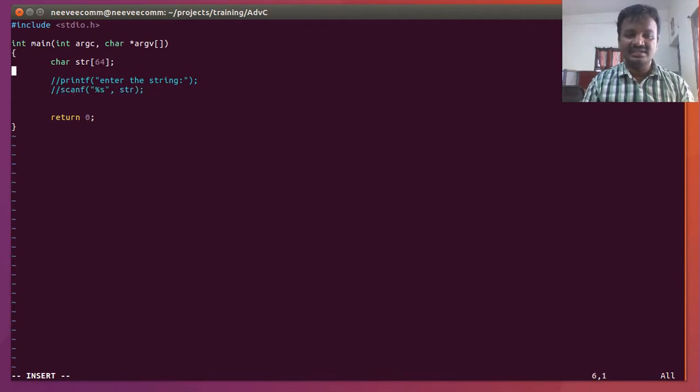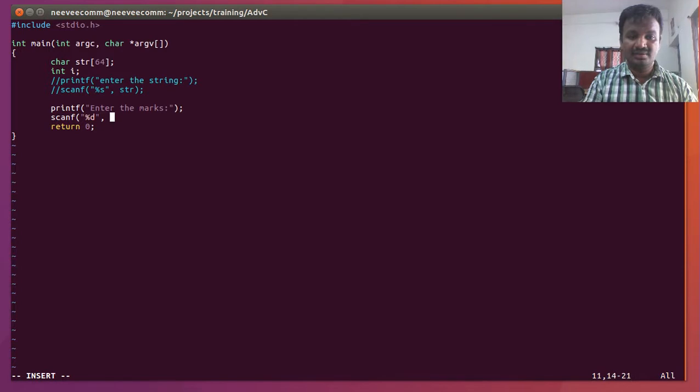Maybe I am going to have a string here and an integer i, and then printf "Enter the mark", scanf "%d", &i, that we can check here. Then I'm going to do the sprintf, sprintf into str, and I'm going to make something like this: i is greater than 60,